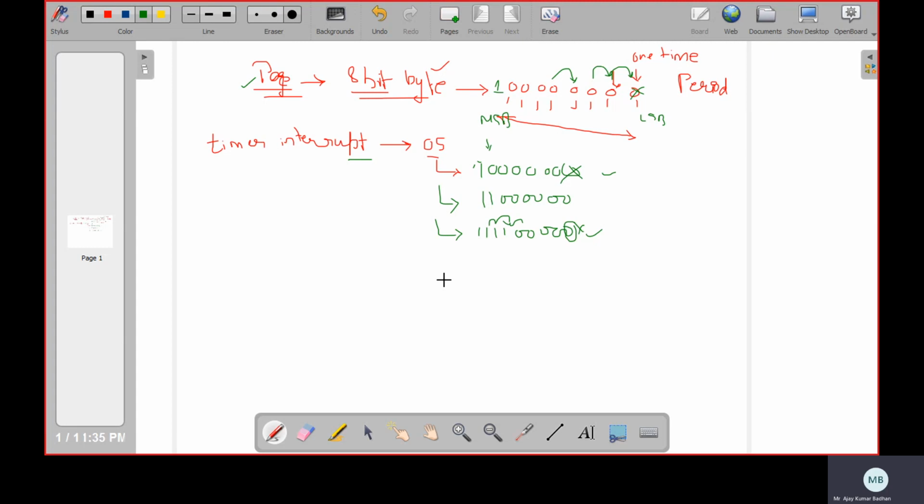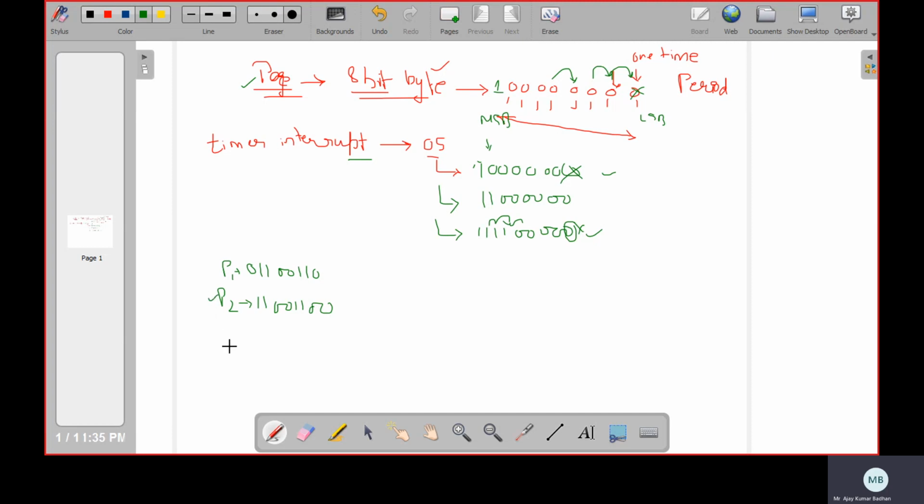Now, in this way, can we keep track of which page was referred first and which later? Yes, it's possible. Let us suppose we have one value like this, 1, 2, 3, 4, 5, 6, 7, 8, for one page which has been referred, and another value, 1, 1, 2, 3, 4, 5, 6, 7, 8. Can you tell me which one was referred most recently, and which one was referred before?